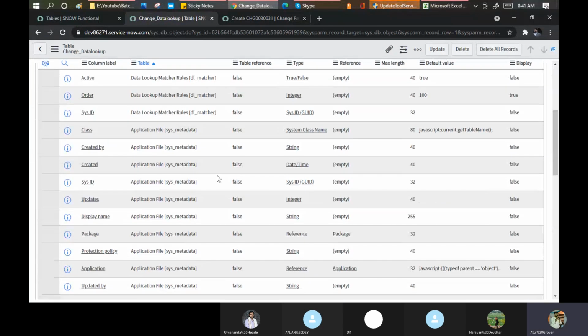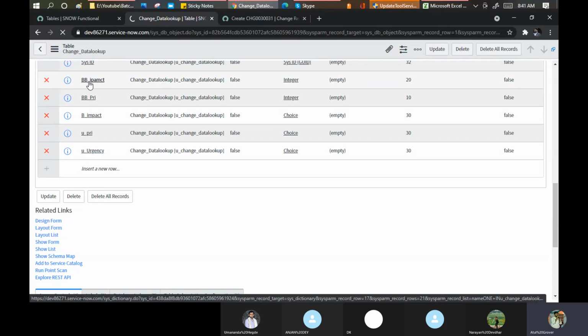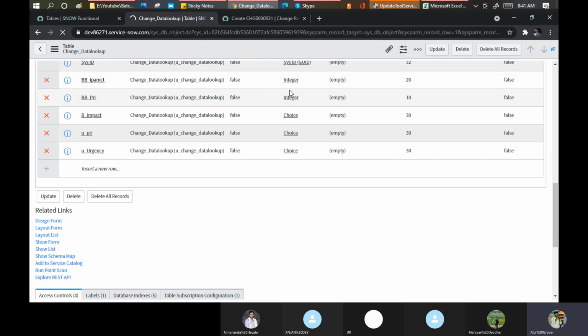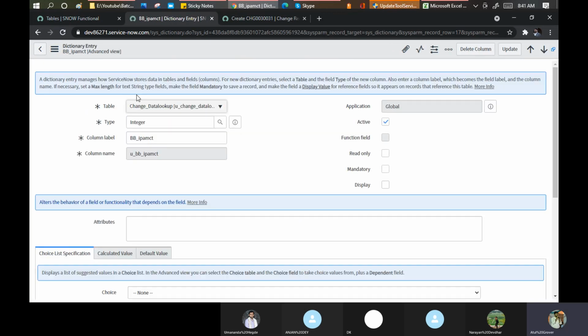I said that for impact I am putting the data type as an integer. But ServiceNow asks whether you want to use this integer, or when you say it is an integer type, you can still utilize the choices.